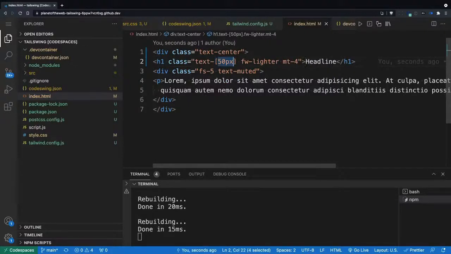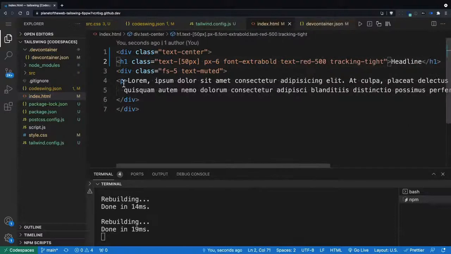So this is going to generate some text that is 50 pixels in size, and then we'll use font extra bold, and a font color, text red 500, tracking tight for the headline,